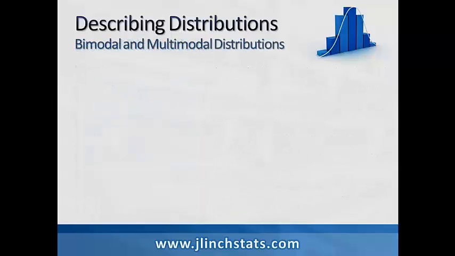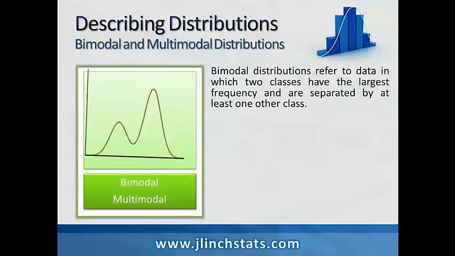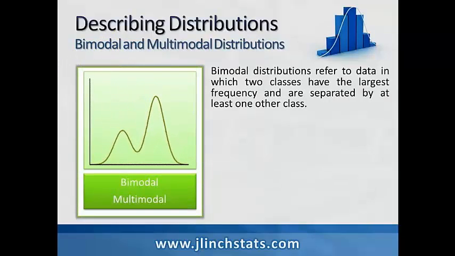Okay, let's talk about bimodal and multimodal distributions. Bimodal distributions refer to data in which two classes have the largest frequency and are separated by at least one other class. Typical bimodal distributions occur when we mix classes. For instance, if we mix gender and maybe one of